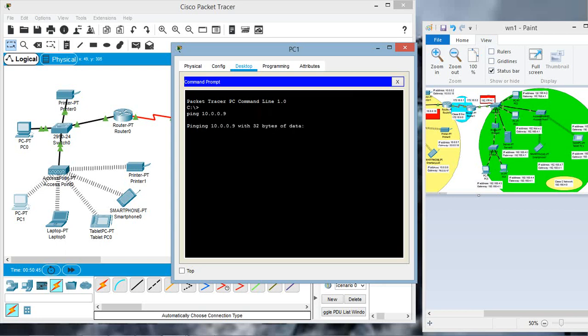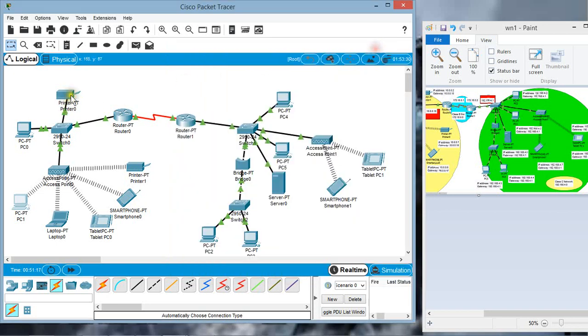We should get the successful ping response. Let's check for the wired printer. The wired printer IP address we'll have to check. The IP address of the wired printer is 10.2.